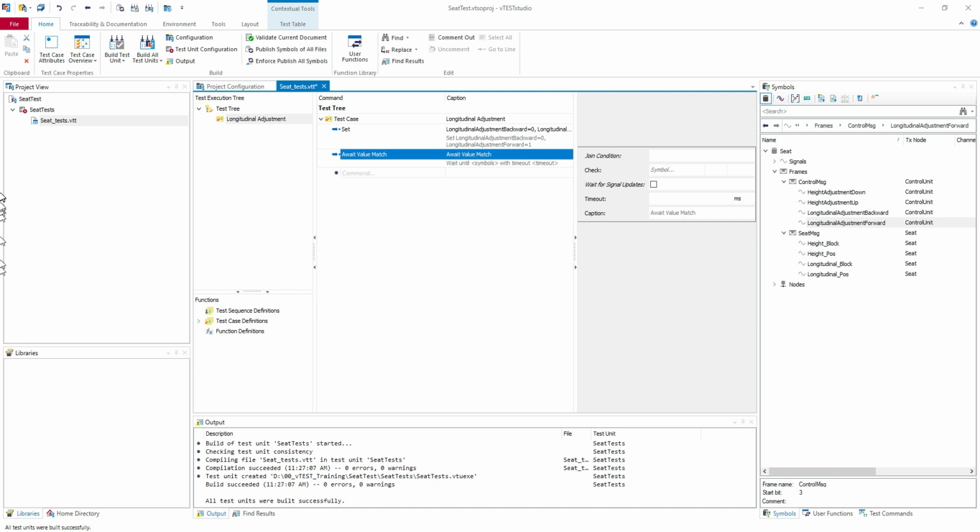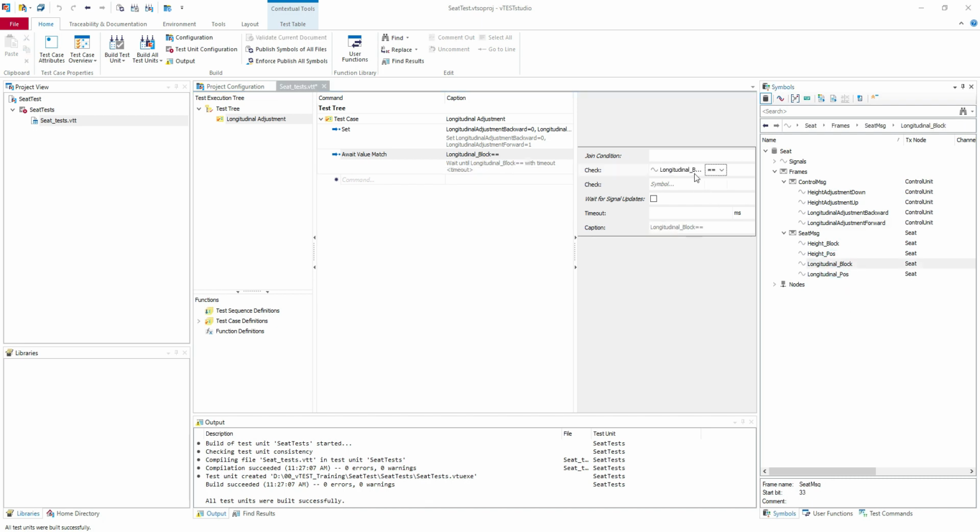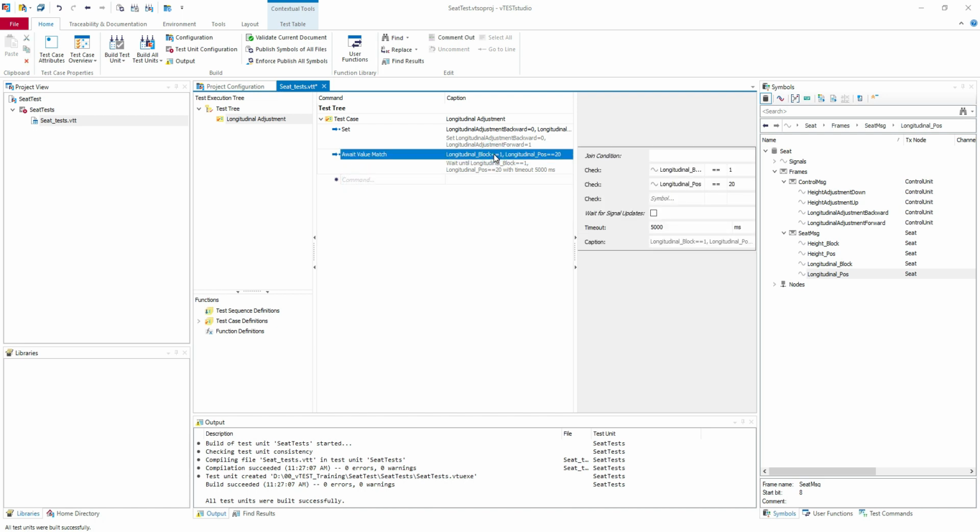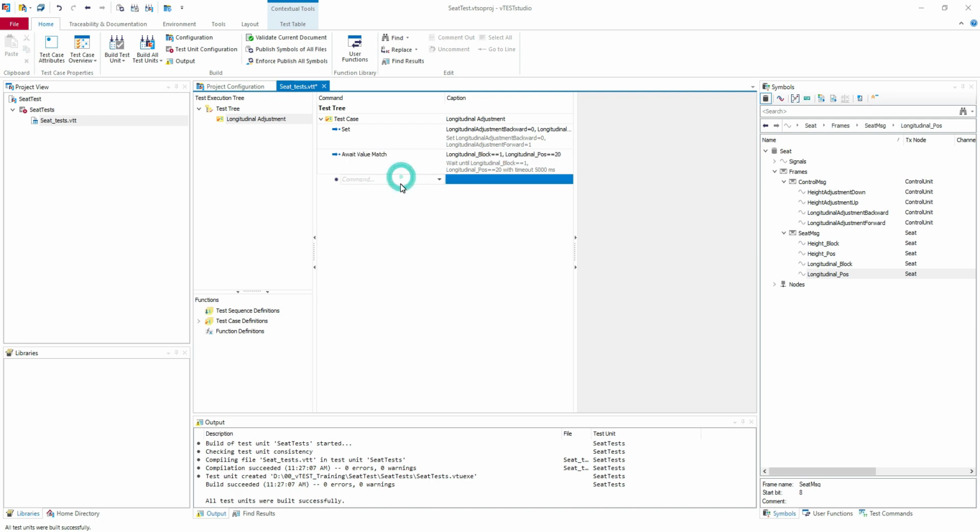When we set this, we are expecting the longitudinal block will be equal to 1, and the longitudinal position should be maximum value 20. This is the maximum you can put. We can put here a timeout of 5000 milliseconds. So in this step we are going to set the longitudinal position from 0 to maximum position, and we want